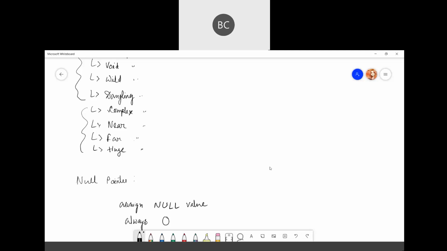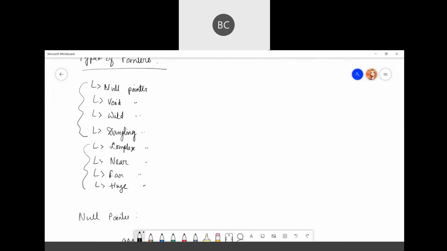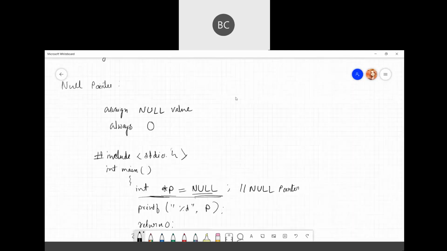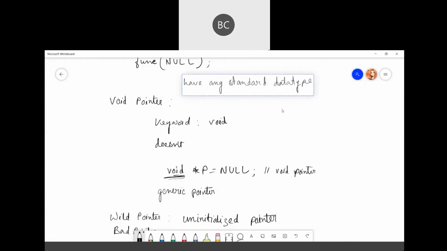Anyways, you can research about it. So just remember these: null, void, wild, and dangling. Okay, next we come to pointer to pointer.